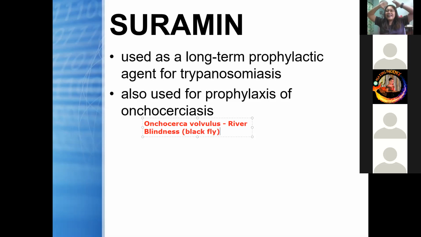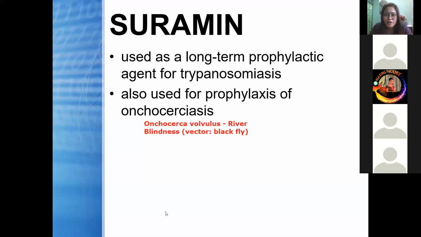Onchocerca volvulus is the causative agent. Please italicize it. The name of the disease is river blindness. It's easy to remember because river blindness, it's dark. So the vector, the carrier, is the black fly. The vector is the black fly. And another thing to remember, though suramin is used as a prophylaxis, the drug